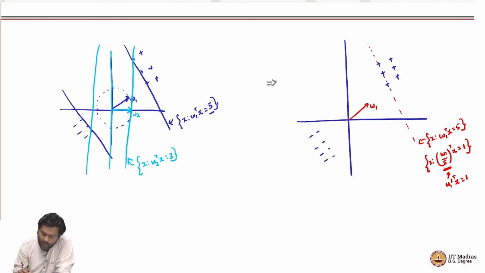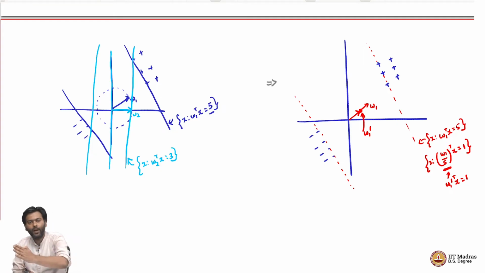So, in other words, I now have to scale down this W to this point, right. So, in this direction, well, this would be W1 dash, and now with respect to this W1 dash, the same line will have gamma is 1, right. So, which means that the moment I find a direction which separates my positives from the negatives, now I can scale the direction correspondingly such that these lines